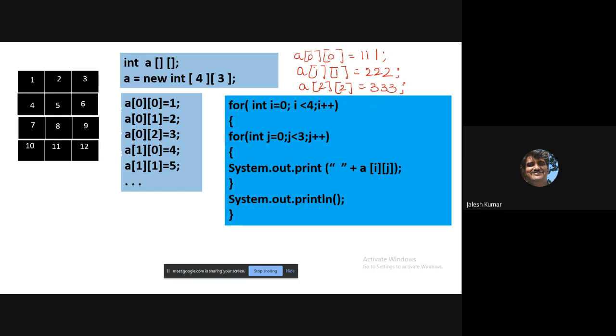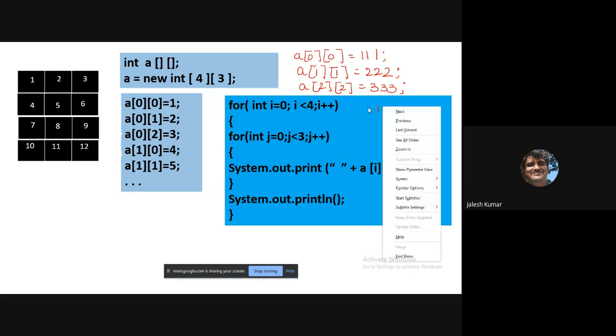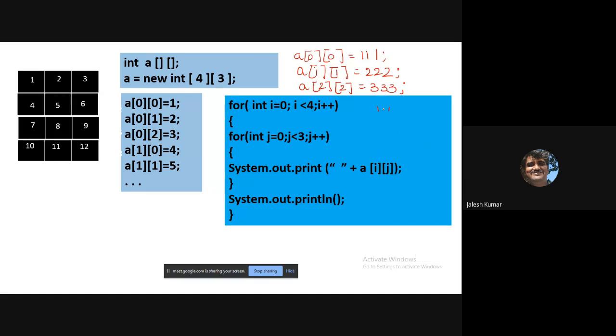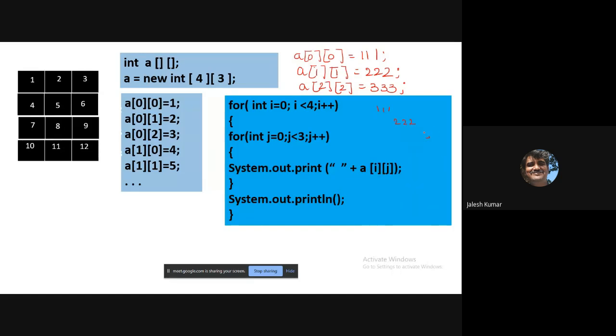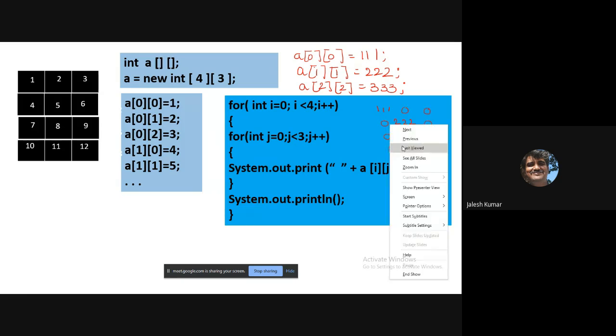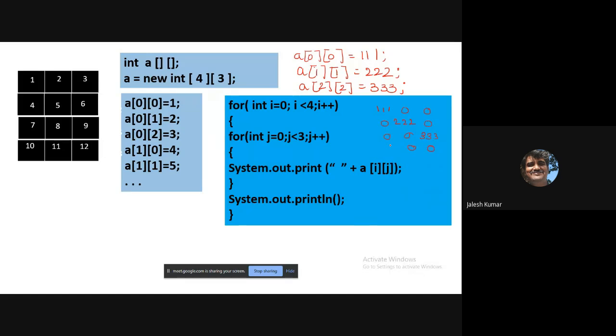If you do like this, at the location 0 0 you will get the value 1 1 1, at the location 1 1 you will get 2 2 2, and at location 2 2 you will get 3 3 3. If you observe, in the rest of the places you are getting 0 itself. This is what you identified in the last class where we stopped.